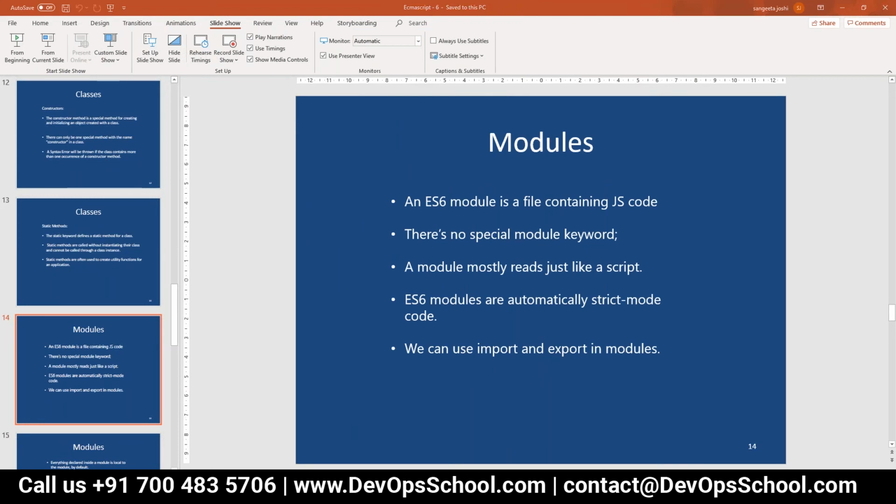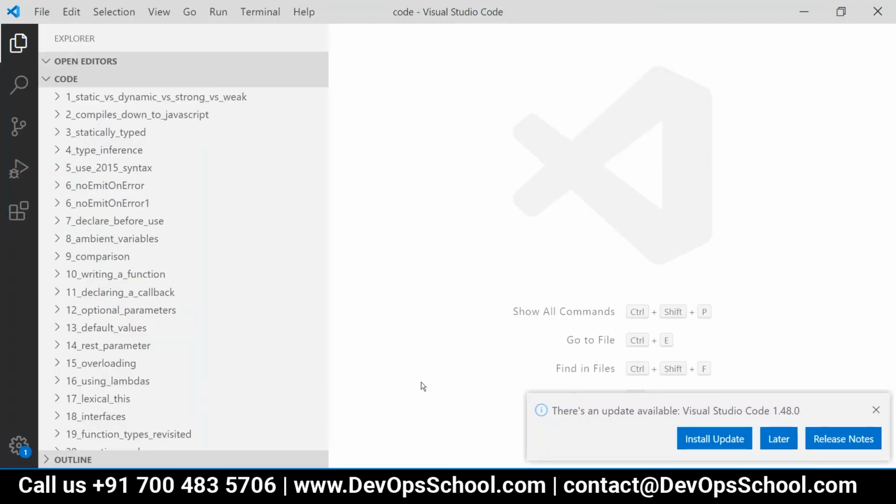So I hope you have opened Visual Studio Code. Just create one file, wherever you are creating your demos. Just have one folder, and there you can create your first .js file.